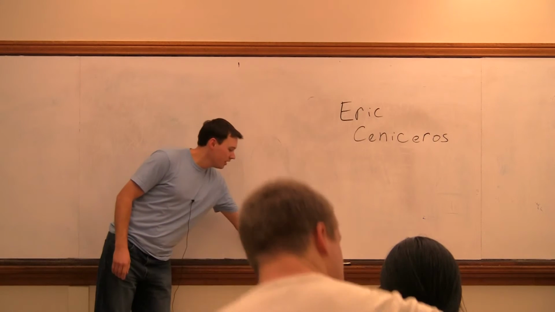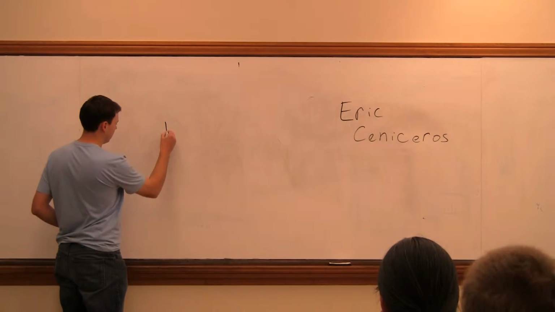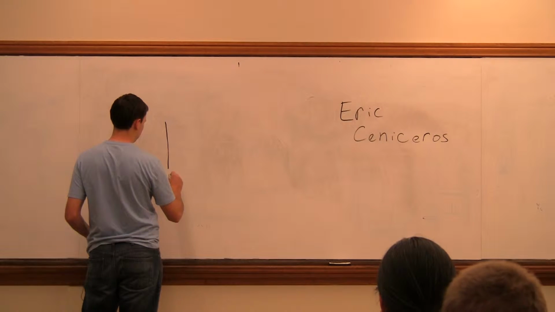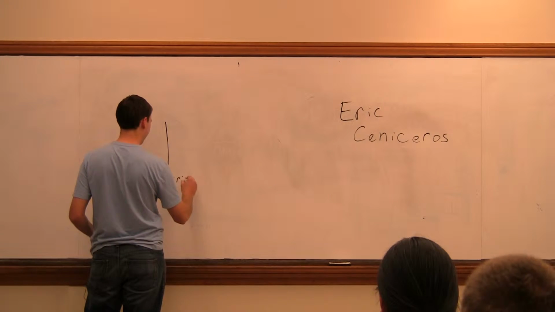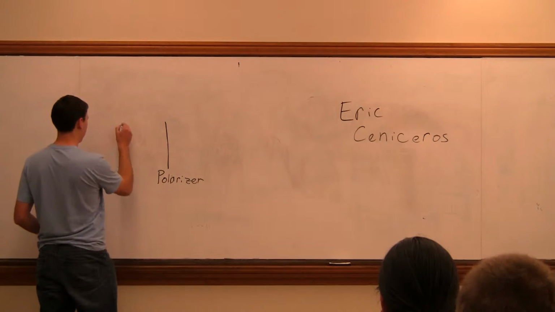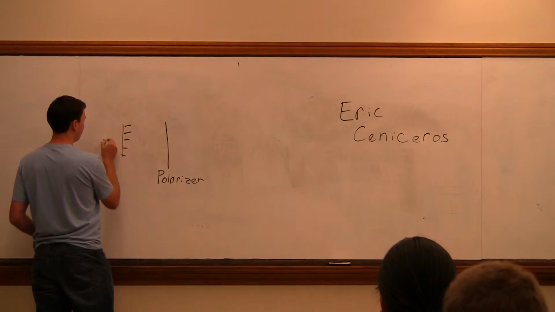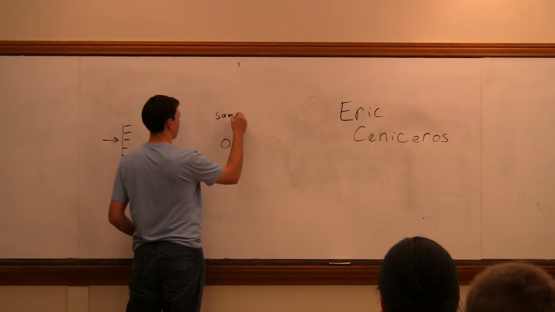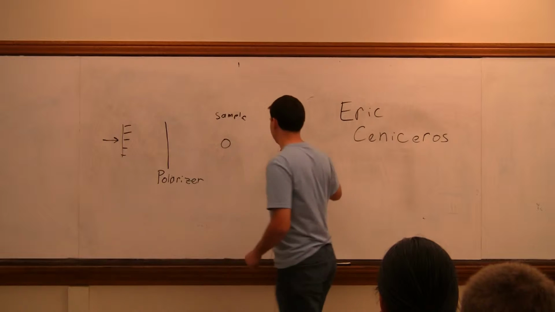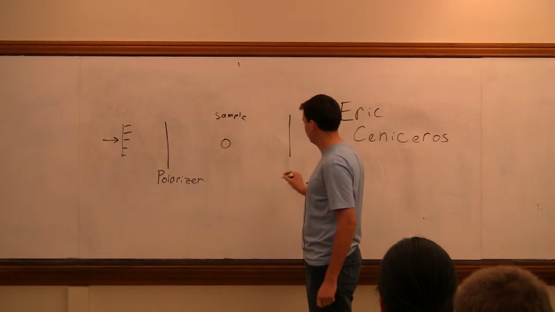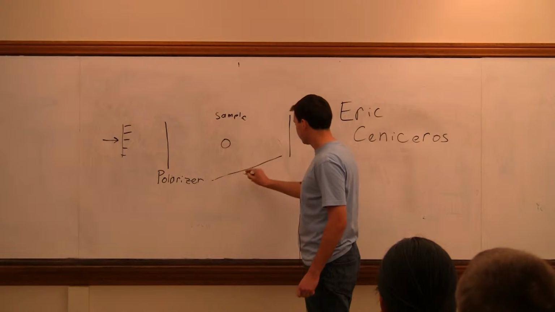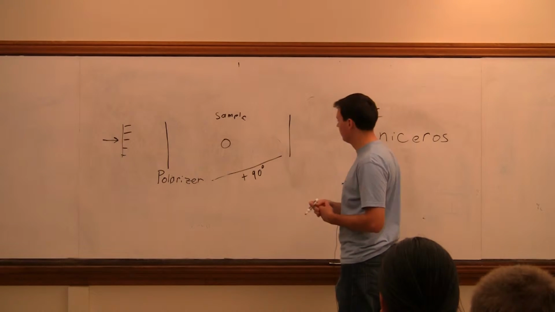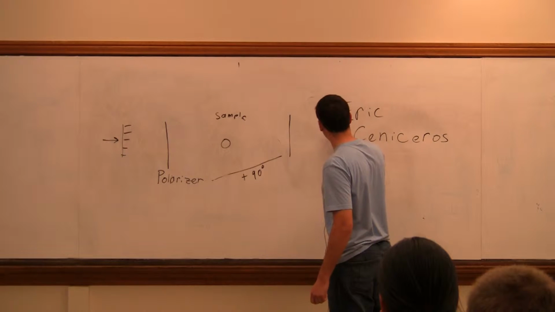So our apparatus looks like this. We have a linear polarizer, a light source, our sample in the middle, and then a polarizer that is 90 degrees opposite of this. And that's a phase angle of the light, right? And then we have a camera